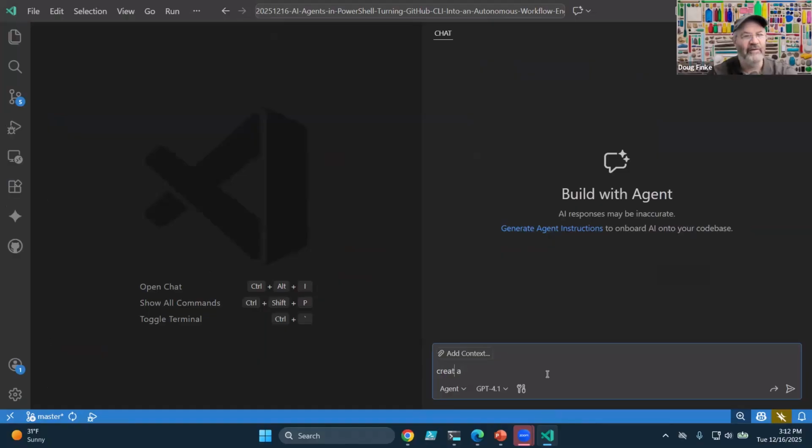So what I'm doing here is very similar to how Windsurf works, Cursor, and N8N. N8N is a little bit different animal because it's not really an editor. But this is how agentic coding techniques work. So I'm going to say create a greet, and I'm going to just in a PS1. So when I hit enter,